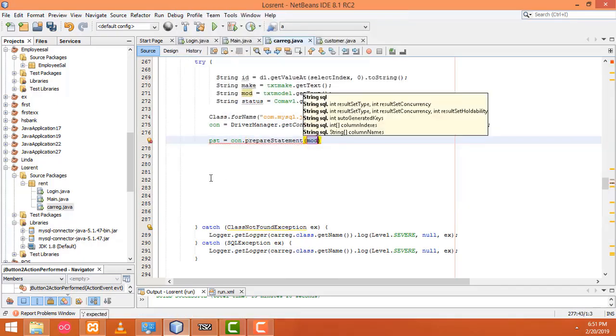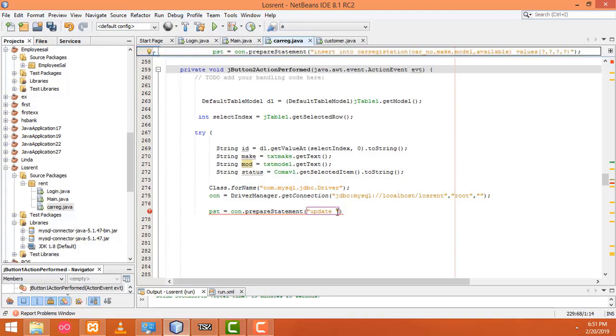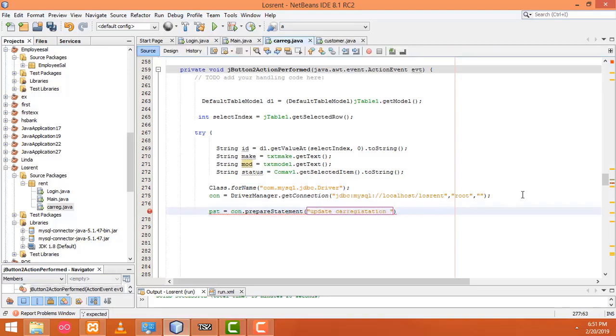Here we have to write the update query. So here write as update. Here we have to write the table name. Car registration is the table name. Write this. Here we have to set